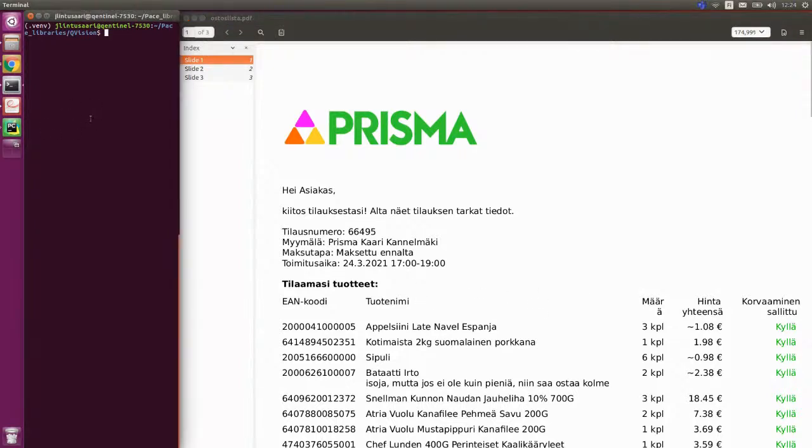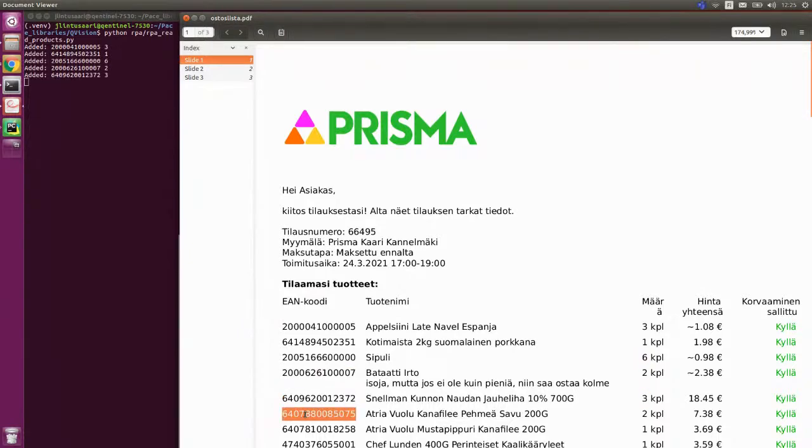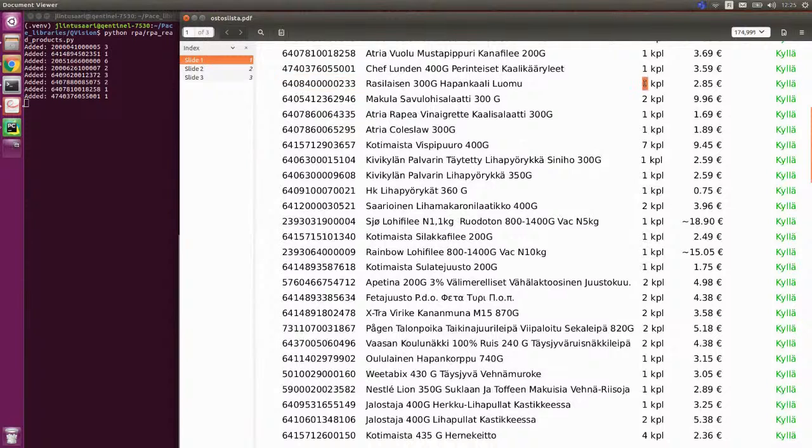So I've prepared a script here. You'll see the script running on this console on the left. And I'll start it, and what it does, it finds where the row starts, and then it starts to extract those rows one by one. And when it approaches page change, it does a page down, and then it goes back up to find the